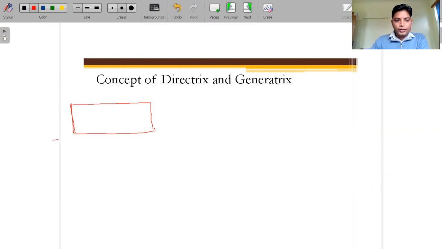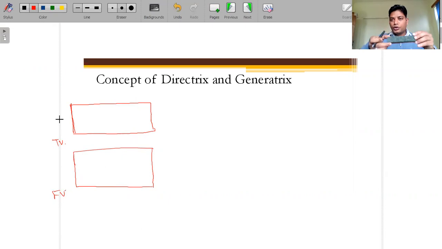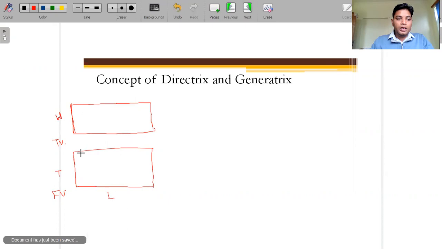This is the top view, and this is the front view. In the top view it has some width and some length. In the front view it has some thickness and some length. Capital T is the thickness, capital L is the length, and capital W is the width.